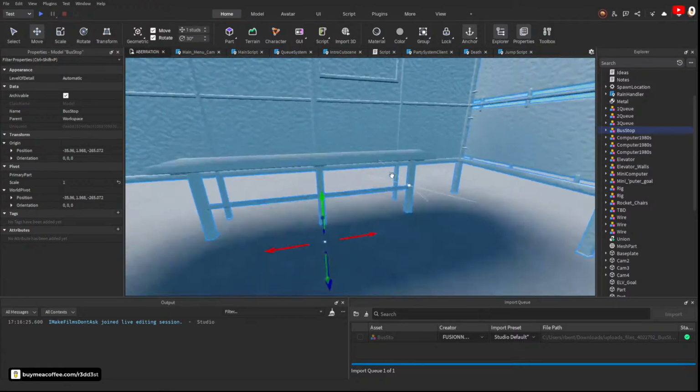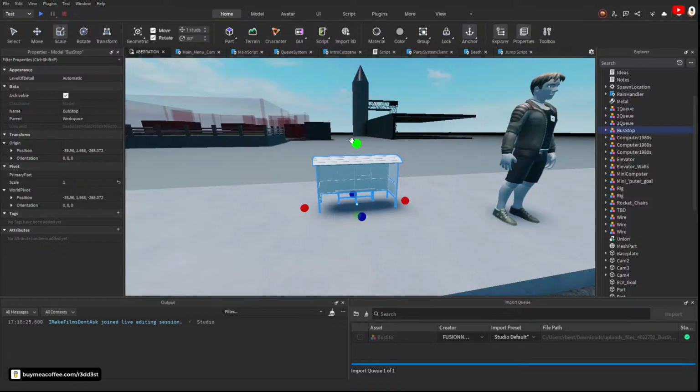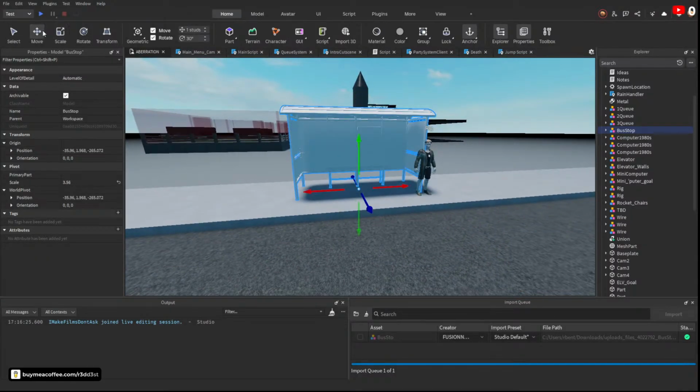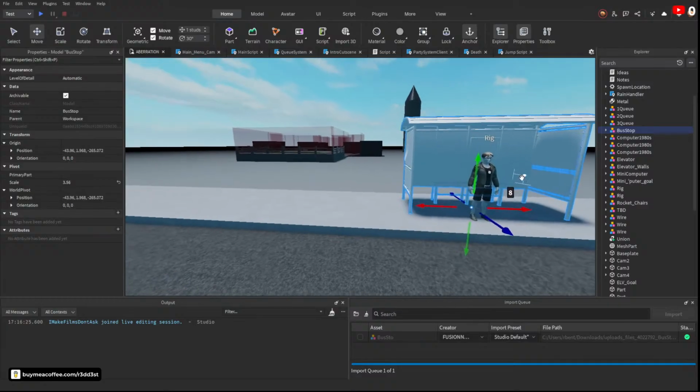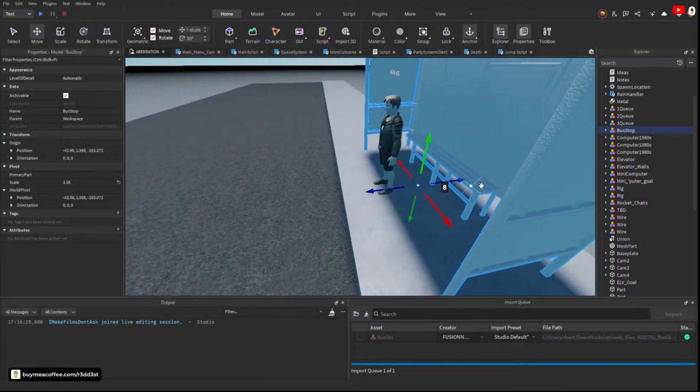Whoa, what? Okay, so this is obviously terrible. So let's scale this up to about, is that a good size? Let's just,